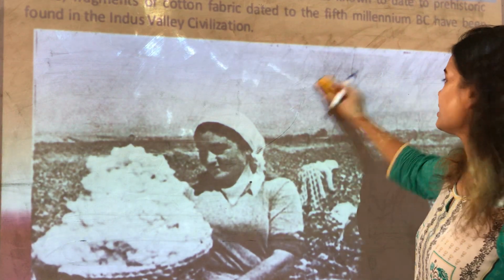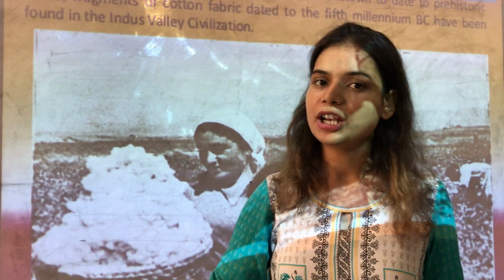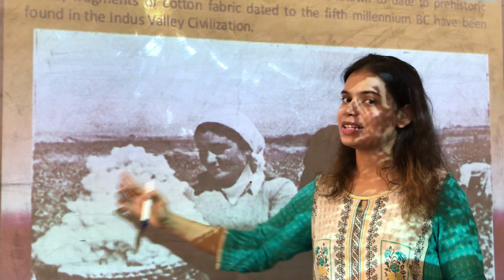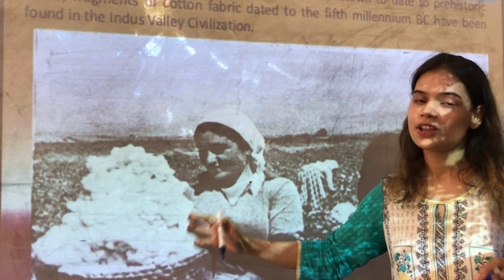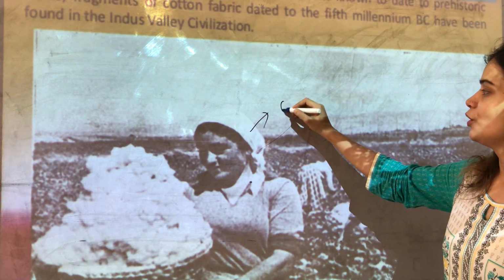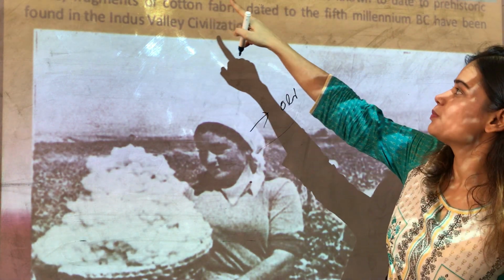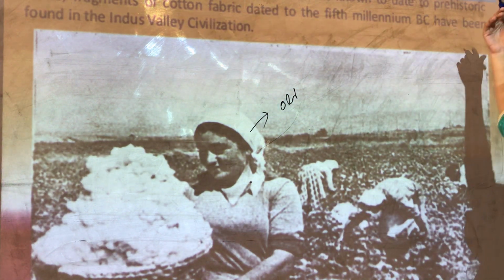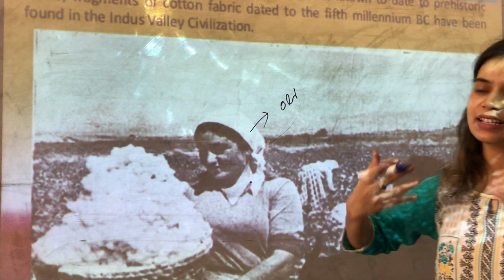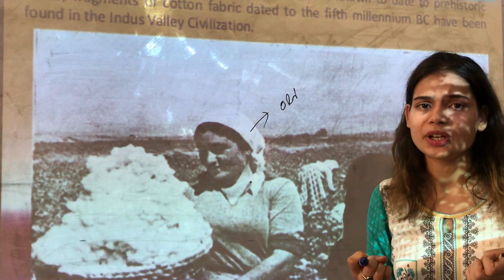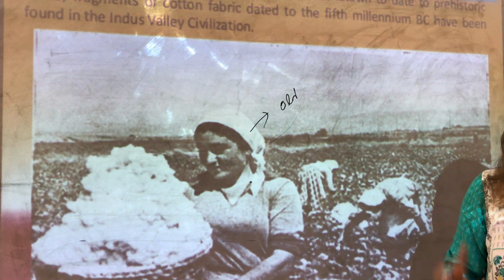The picture that you can see on your screen is of a lady who is collecting cotton. This lady is collecting cotton balls from the field. This fiber, children, is very old. As you can see here, the fiber is most often spun into yarn or thread and used to make clothes and breathable textiles. Generally, cotton fibers are very breathable and lightweight. They are preferred in the summer season.